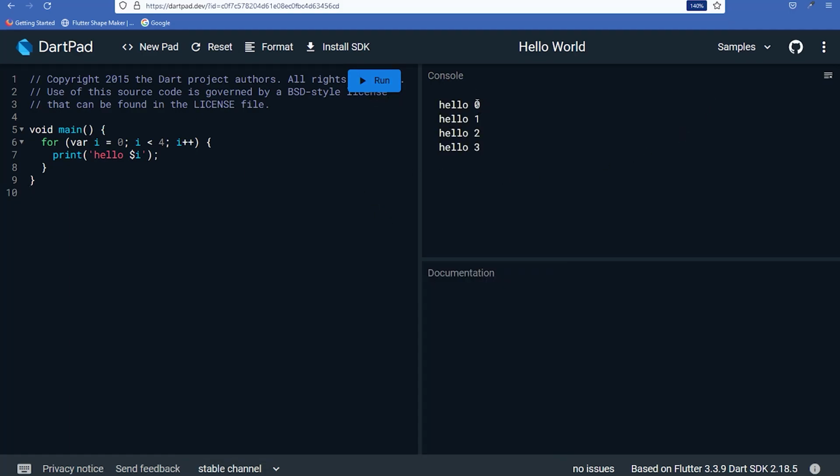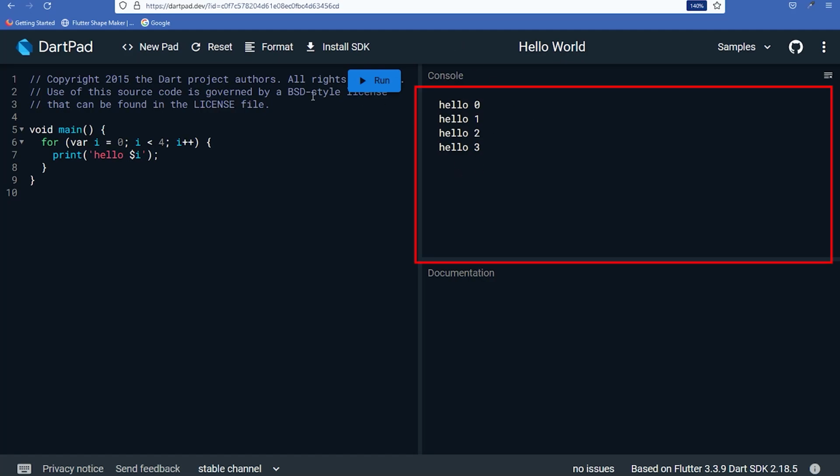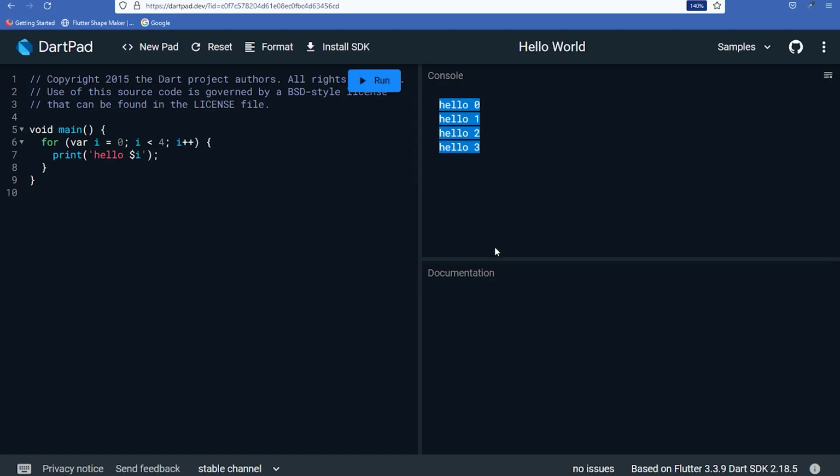So now let's run this code. This is the button to run the code, and we got this output in this console. If we run some code, this will give us the output in here. And this documentation option is to show the documentation for some